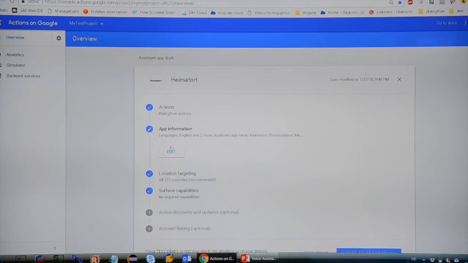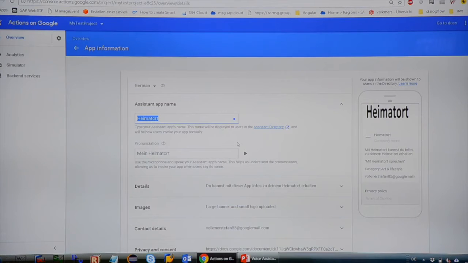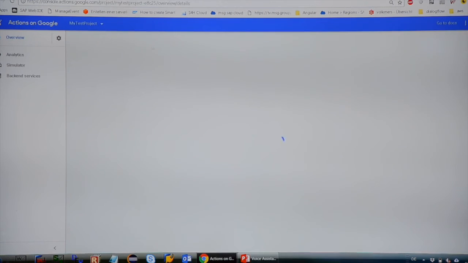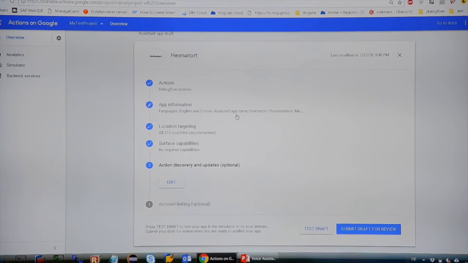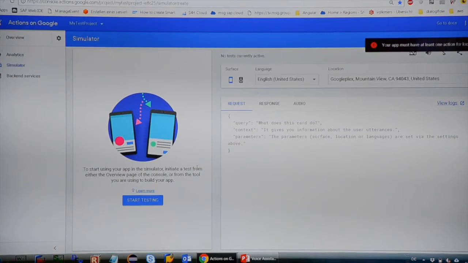For example, which language do I have? Which app name do I want? Which logos do I need? And so on. When you have filled out the stuff, you can submit it for review. Then it's sent to Google. If Google accepts it, it's published for everyone. Before you publish it, you can use test draft and test it either